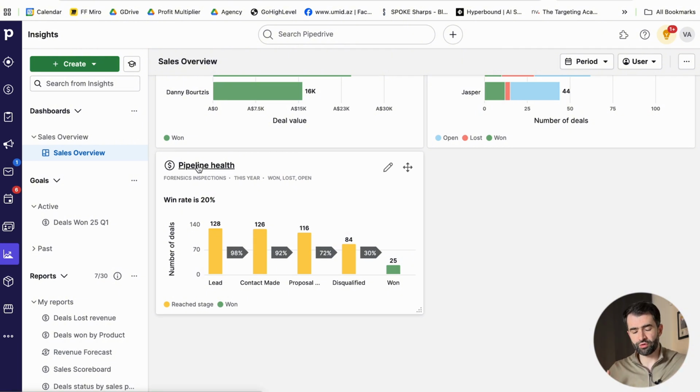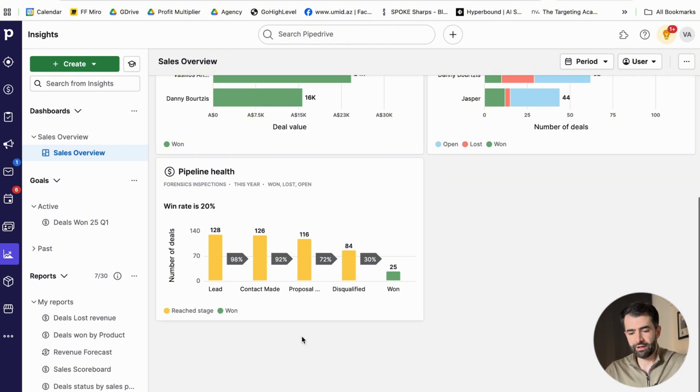And last but not least, pipeline health. It's probably my most favorite function inside of Pipedrive, and it's basically a step-by-step view as to what's happening to your leads, right? Let's say you have 120. Now, this is a fresh account, so the data is not that accurate, but ideally what you should have is,